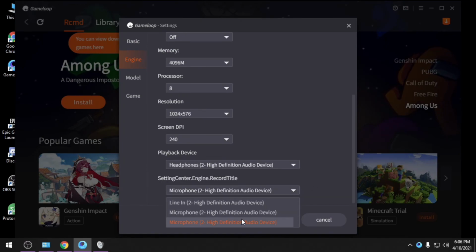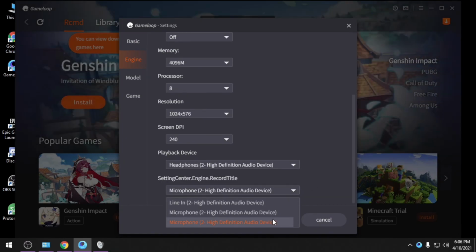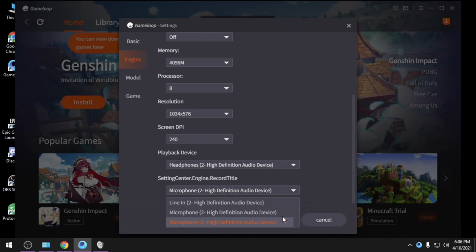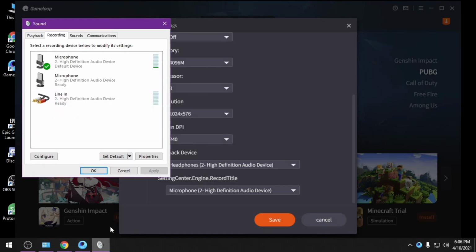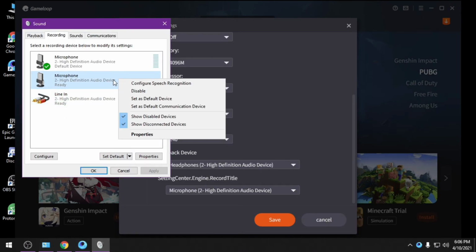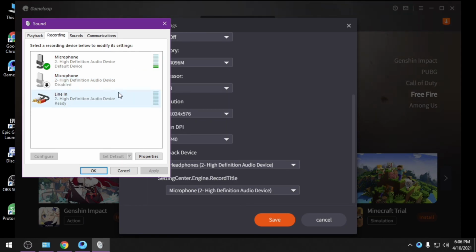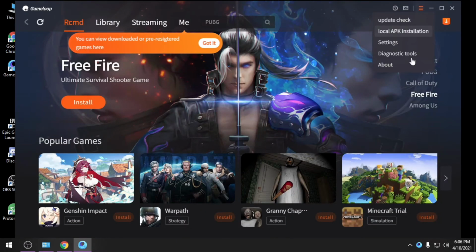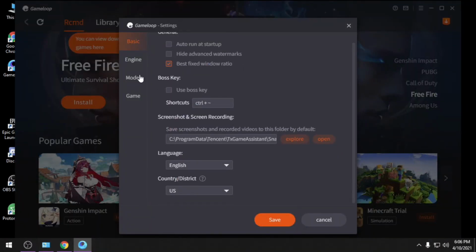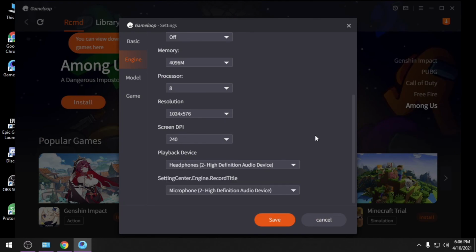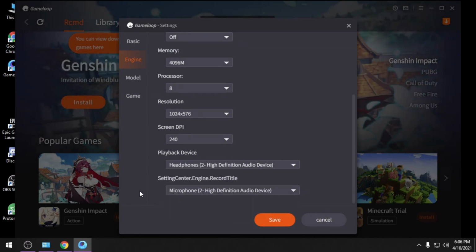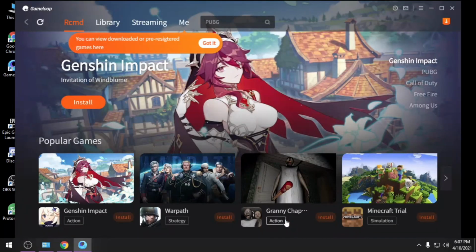You can see here 2 devices have appeared. So do the step I told you before: speak in your mic, select the one whose level gains as the default device, and disable the other one. If I close and open settings again, you can see only microphone and line in is coming. This is the best way I can tell you.